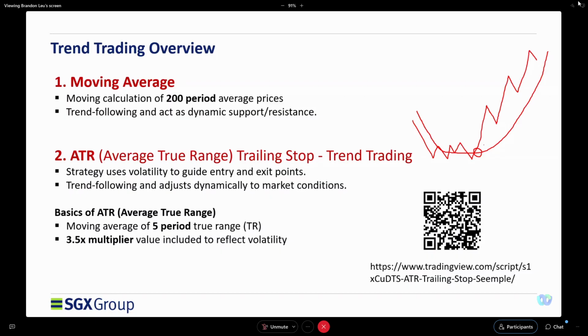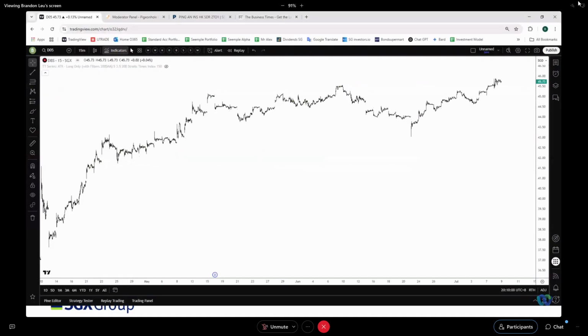But in your satellite portfolio, or when you're trading, we can take short-term trades by using a tool that I'd like to introduce to you tonight. It's called the average true range trading stop. This is available on TradingView. If it's available on your broker's platform, great. If not, you can log on to TradingView, take a snapshot or screenshot of this QR code. It will lead to my page where I have the codes for this ATR, so you can save it into your TradingView indicators, which looks like this.